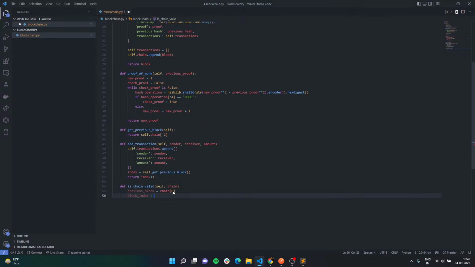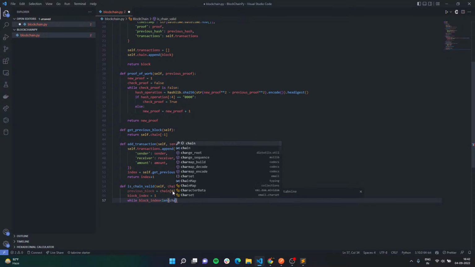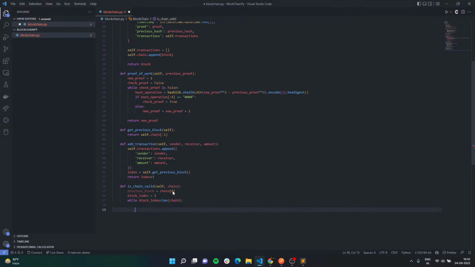Now this is block index, which starts from 1, and I'm going to say while block index is less than length of chain, what you're going to do is get the current block as the blockchain of block index. You're going to check if the block's previous hash is not equal to the hash of the